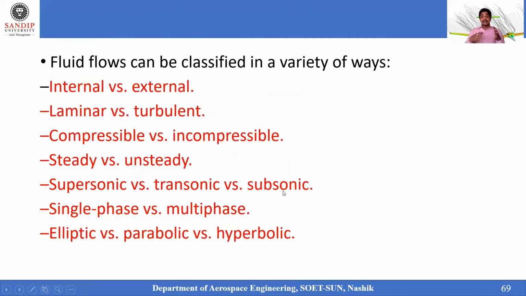Okay, fine, so let me conclude what we have done till now. As far as your previous understanding is concerned, flows can be classified as internal flows, external flows, laminar flows, turbulent flows, compressible flows, incompressible flows, steady, unsteady, supersonic, transonic, subsonic, single phase, multi-phase. Now, after your 4 years, you will be adding one more line to it: elliptical, parabolic, and hyperbolic flows are also available in CFD. That needs to be added, but we will not tell you this at the lower level of education of fluid mechanics. These problems will be addressed only after you understand the subject and physics. Then only you can write this line, that yes, there is one more difference: elliptical, parabolic, and hyperbolic flows can also occur in a fluid.